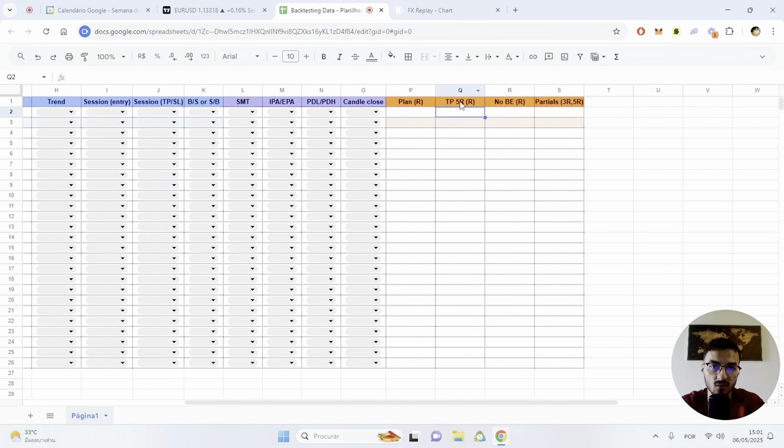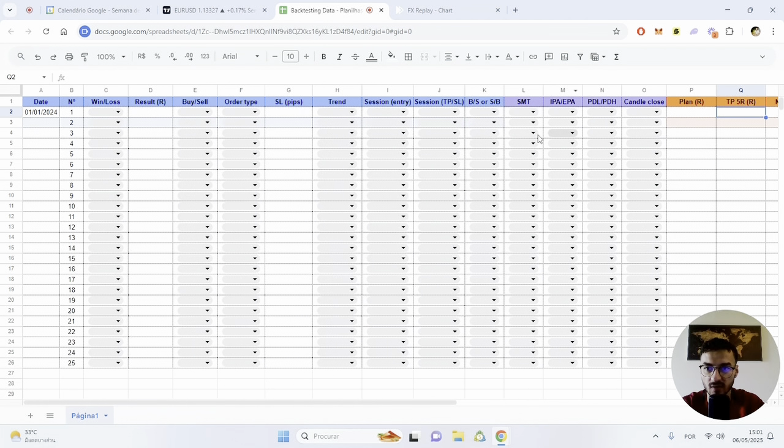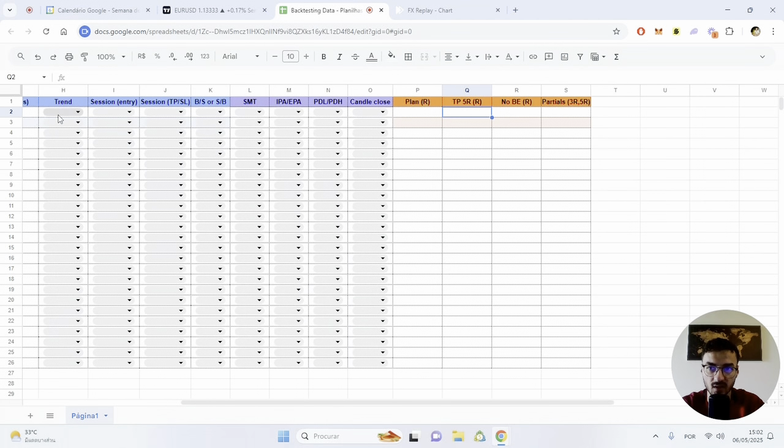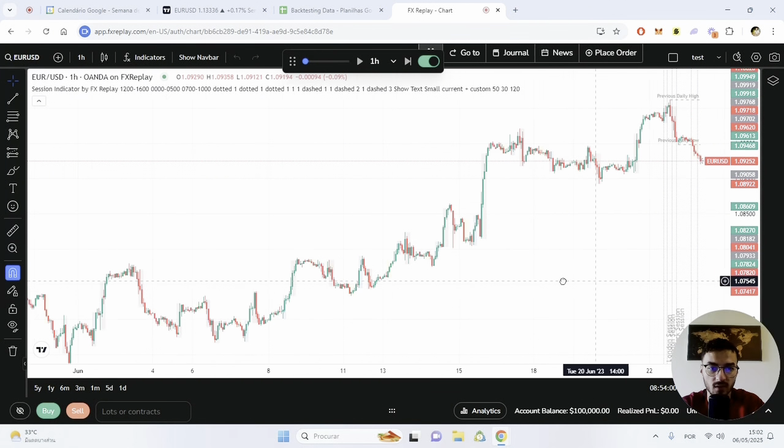Okay, if we didn't get to 5R, I'll maybe put myself break even or -1 stop loss, whatever, and we're not gonna fill any of these out, just maybe this or this, but you can definitely do this. It's gonna be hard work, but then you know your data way more. Okay, so